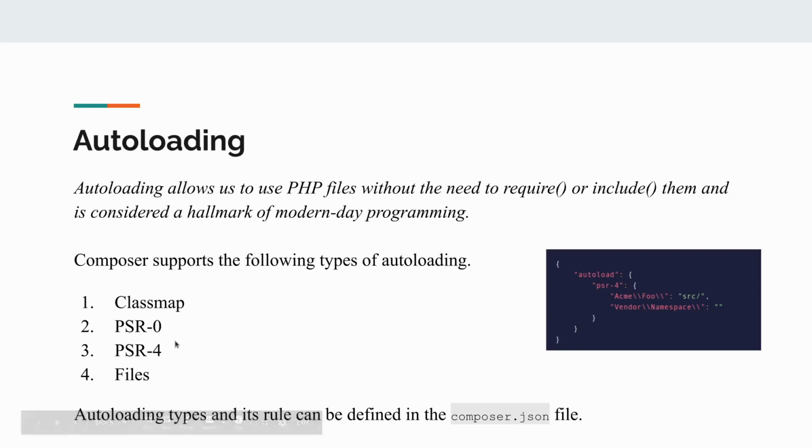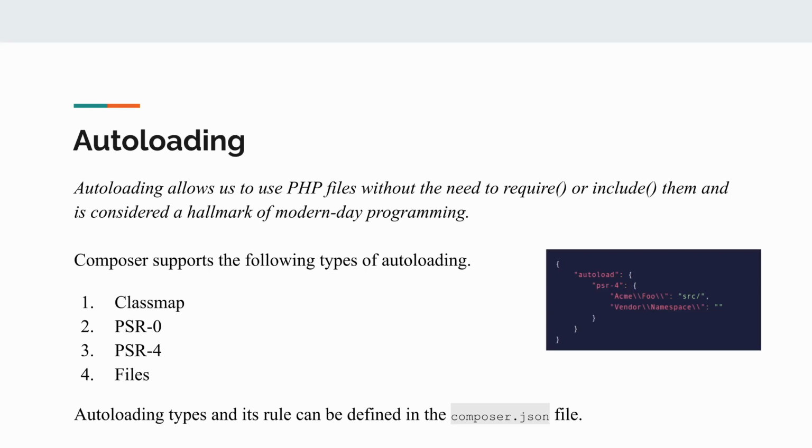Classmap is where you would be manually declaring what classes you would be autoloading, so you require a key-value pair of your classes. PSR-0 is the old PSR convention for autoloading your classes, which is replaced by PSR-4 now. And files is